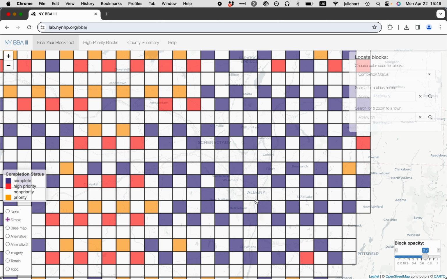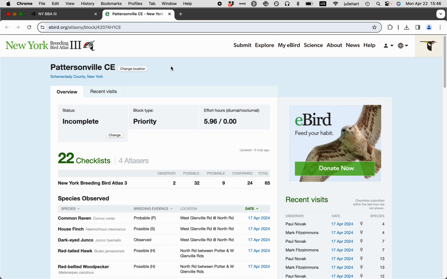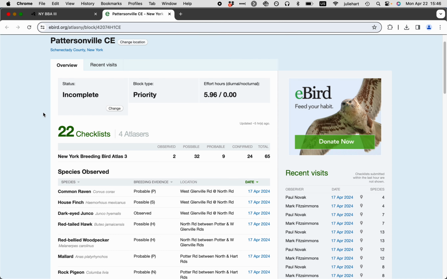All right, so I live in Albany. It's pretty easy to shoot out here on I-90. So let's see what this block is here. This is a high priority block. It's called Pattersonville Center East. And one of the things that we've added for this final year is a link here to the eBird page for that block. So if you click on that link, it's going to take you to the eBird website,